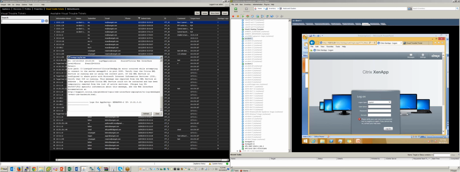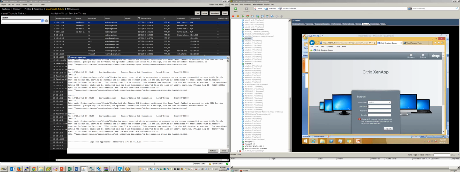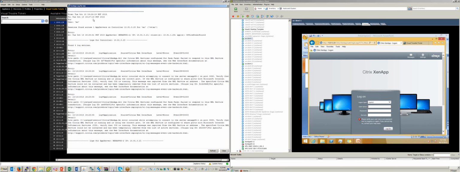So what we're seeing here is if you click on view and you look at it in detail, it says between 1924 and 1927 this person logged on and is using PowerPoint, and then at 1924 it shows that Citrix XML services failed to respond, so basically you're having very basic problems in the controller itself,